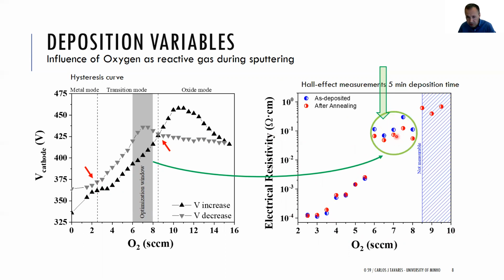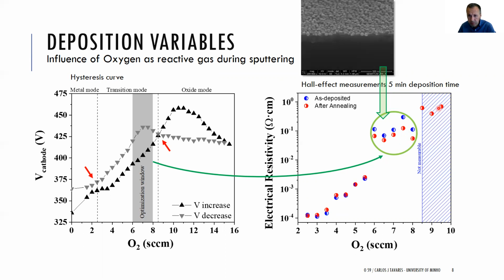The films have an average value of around 10 to the minus 1, 10 to the minus 2 ohms times centimeter. And doing annealing doesn't really change very much the electrical resistivity of films, except for the case in the oxide mode, where the films as deposited are very insulating, and only after thermal annealing we can have electrical resistivity of the order of 10 to the minus 1 ohm times centimeter. The surface morphology of the films has this particular dome rounded shape because the films develop a columnar structure,